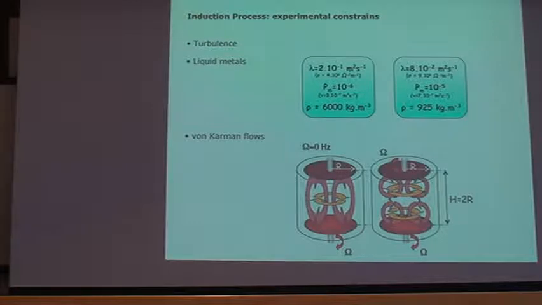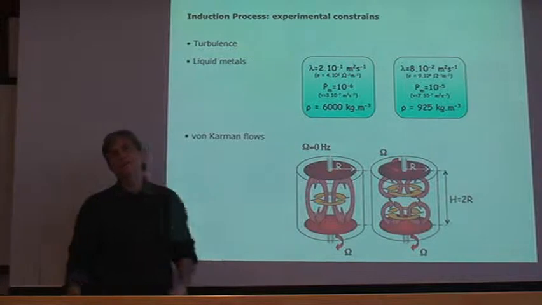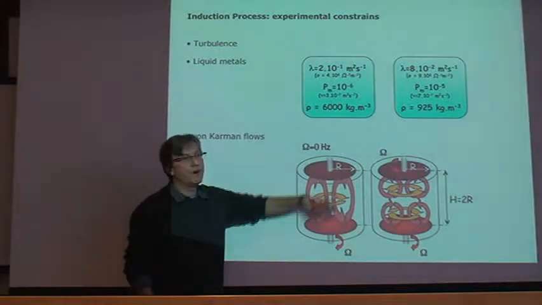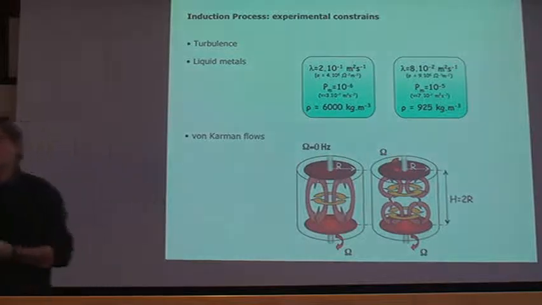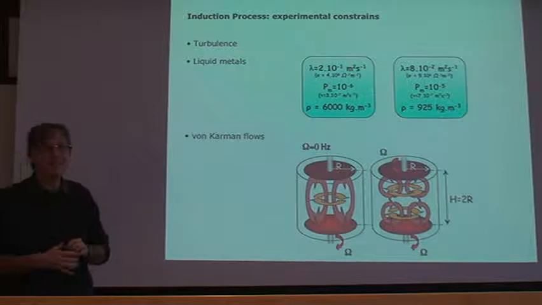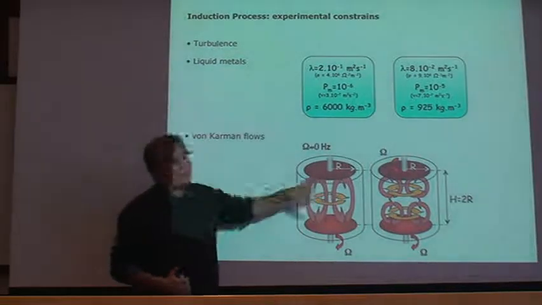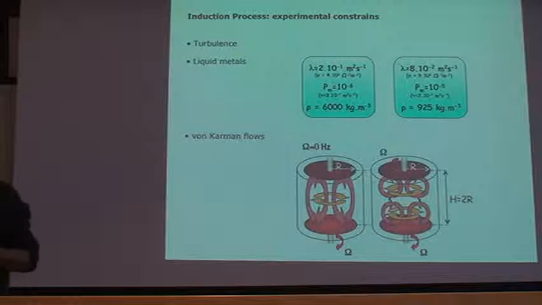Now, for the rest of this, I will ignore the turbulence. I will assume that the flow you have in the washing machine, with Reynolds number 10 to the 6, is this one, with the nice swirling motion and the nice tearing motion. You can laugh if you want. This is not true, all right? This is an approximation. But the reason why it may work is that in a liquid metal, where the Prandtl number is so small, the cutoff length at which the currents get dissipated is much smaller than the length at which viscous dissipation